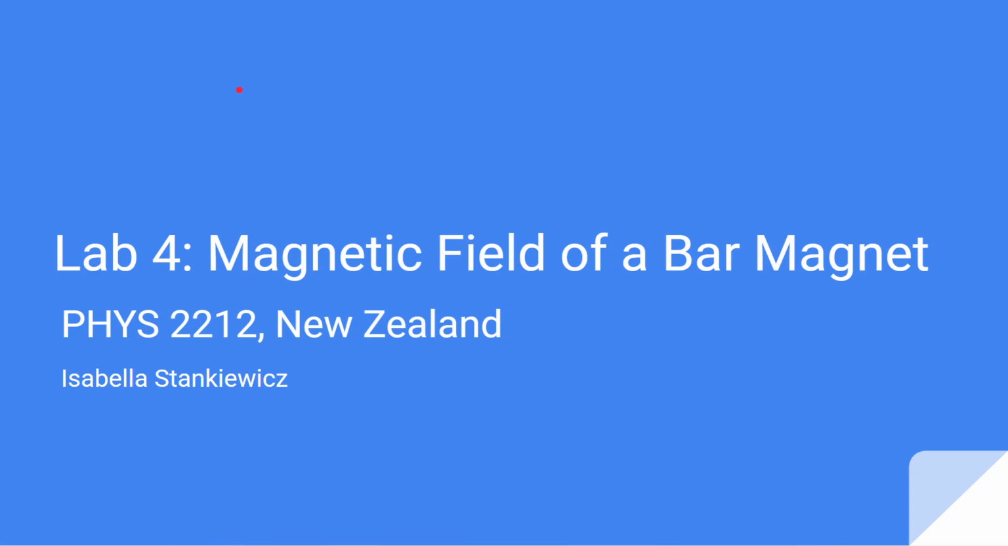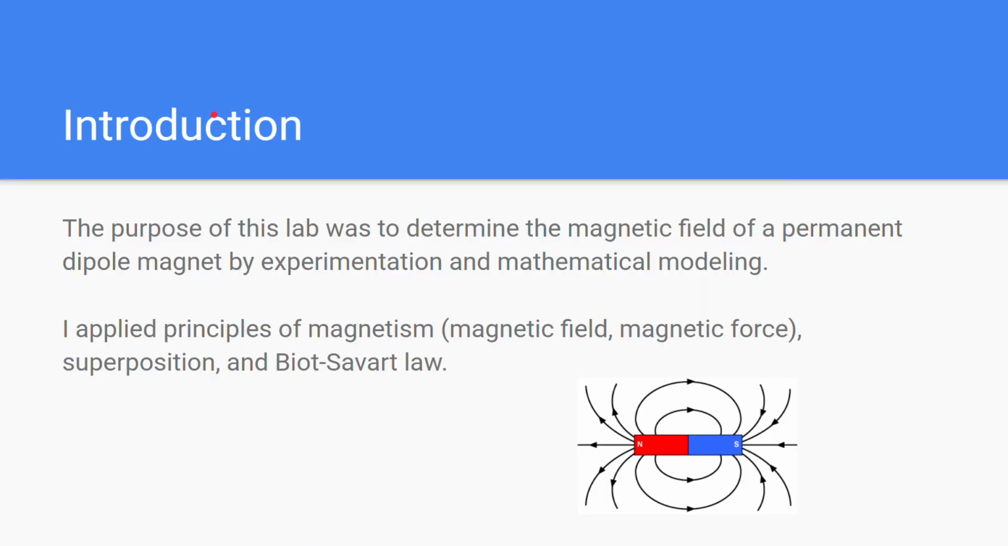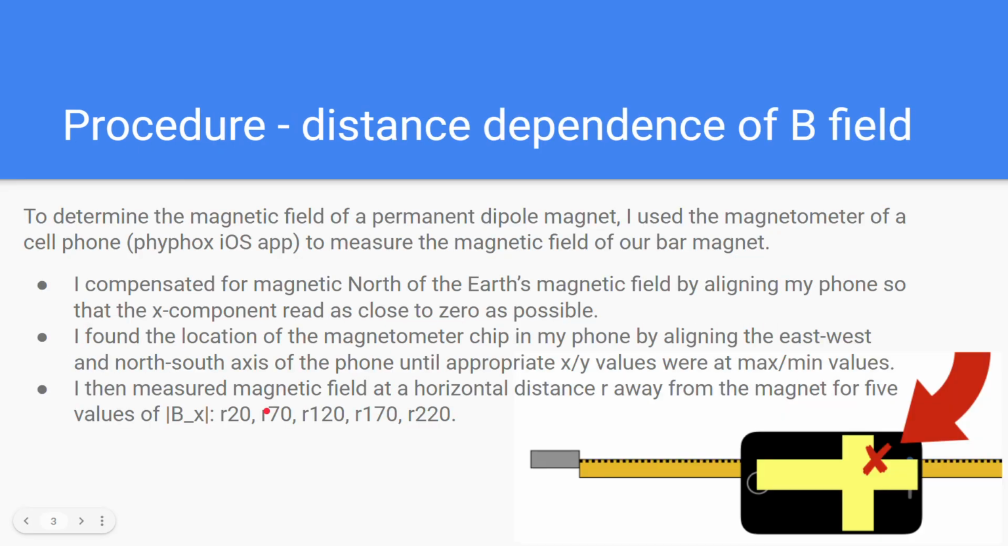Lab 4 for a magnetic field of a bar magnet. To begin, the purpose of this lab was to determine the magnetic field of a permanent dipole magnet by experimentation and mathematical modeling. I applied principles of magnetism, including magnetic field and magnetic force, as well as superposition and Biot-Savart law. For the procedure of finding the distance dependence of the magnetic field, we determined the magnetic field of